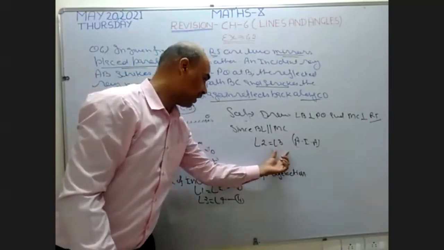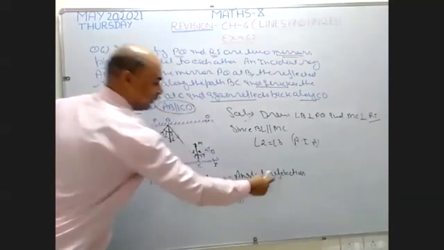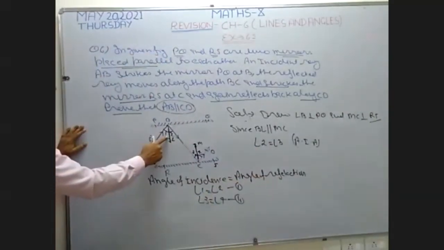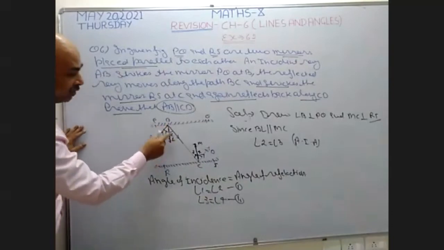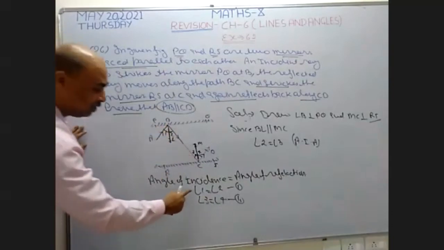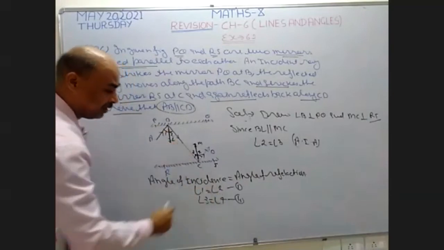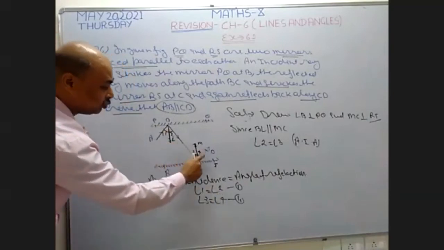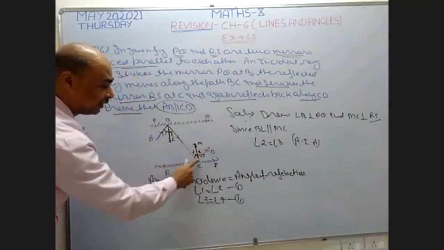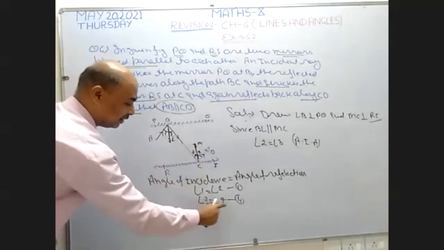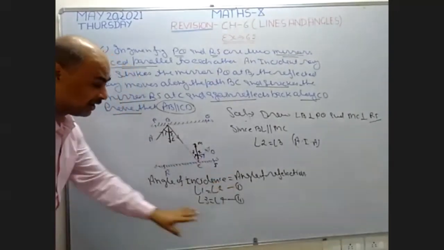Yes, sir. After that, I write here angle of incidence is equal to angle of refraction. This angle is known as the incident angle. Angle 1 is known as the angle of incidence, and angle 2 is known as the angle of refraction. Therefore, these two angles are equal to each other. This is the reason I write both angles equal. Similarly, these two angles are also equal because this is an incident ray and this is the refracted ray. So angle 3 and angle 4 are equal to each other for the same reason. Okay?